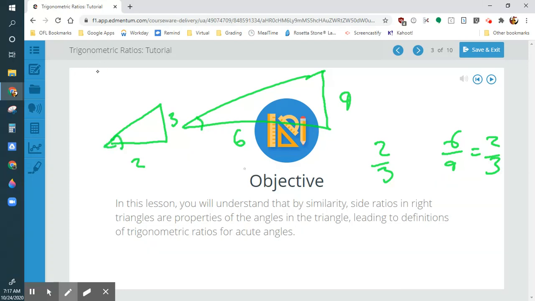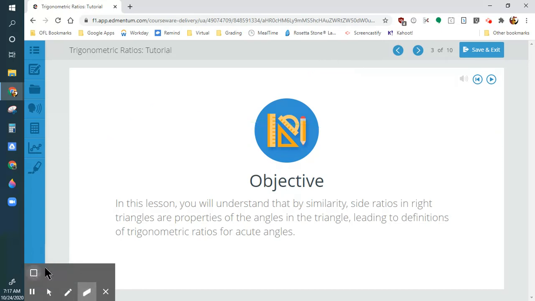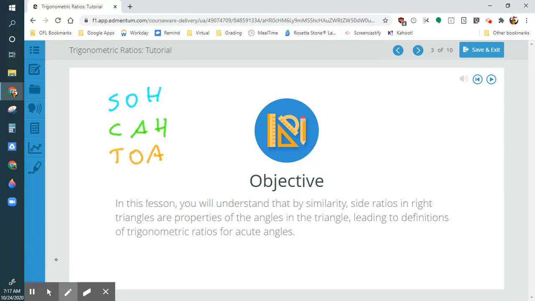So that ratio kind of creates the angles. Now, what trig is, is this idea of figuring out the angles based off of these fractions. And we're going to learn a little trick that every math teacher I've seen knows. It's called SOHCAHTOA. And in order to understand this, you have to understand that if we're talking about an angle,